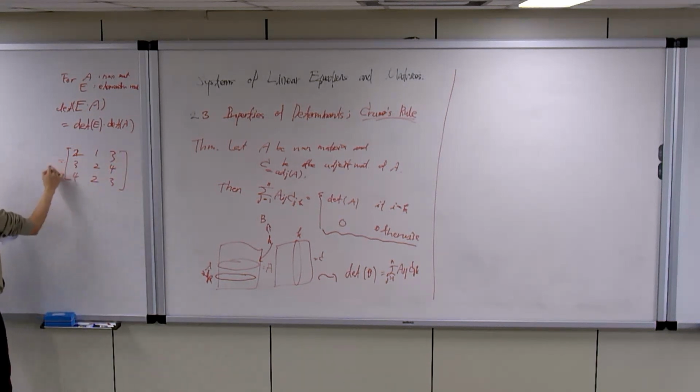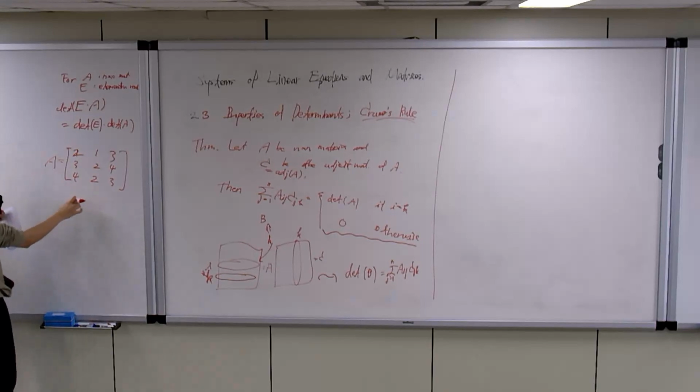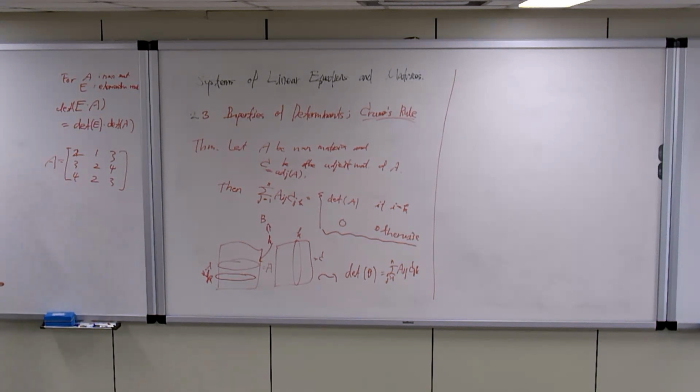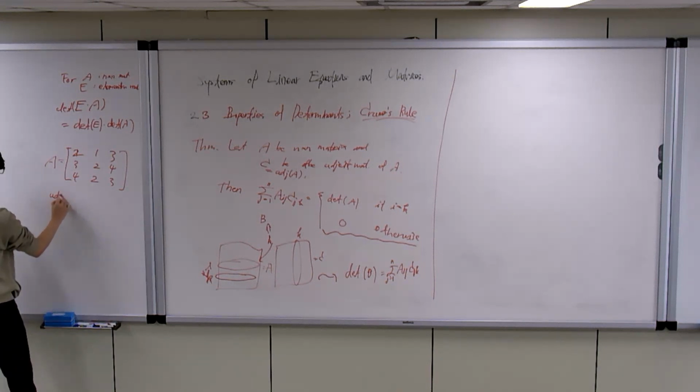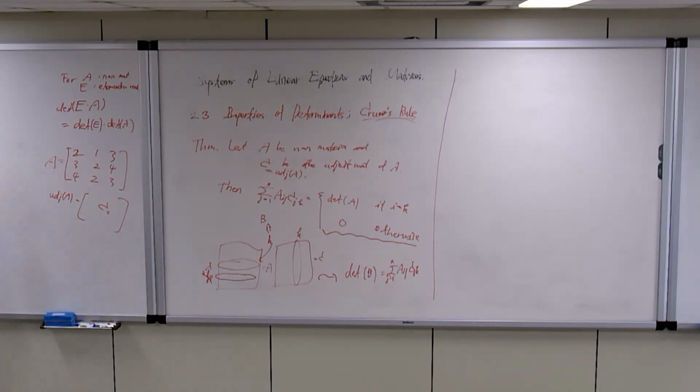Let A be a 3 by 3 matrix, and I should find the other adjoint matrix. Let there be another adjoint matrix. Then